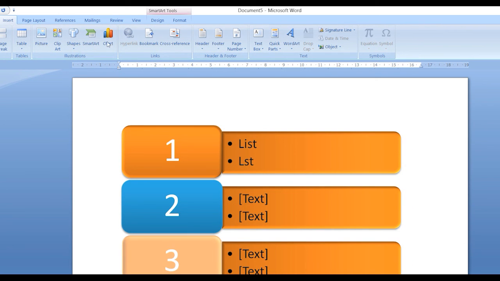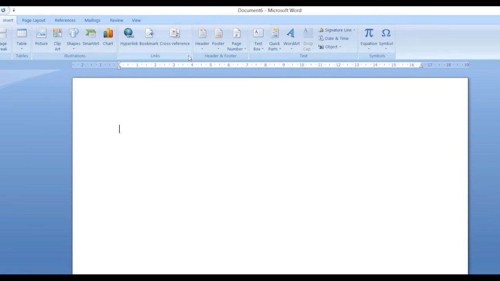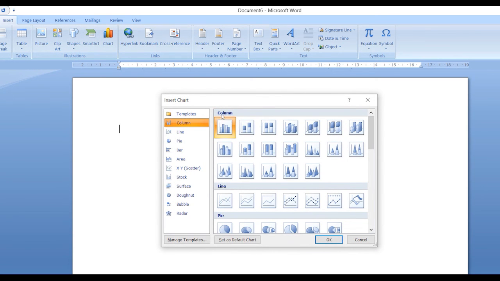Now lastly, we have the chart, for which you need the help of a spreadsheet. And for inserting that, let's make another new document. As soon as you click on the chart, you have the option to select the type of the chart. So for now, let's select a column chart. In the column chart, if I select any of these column charts